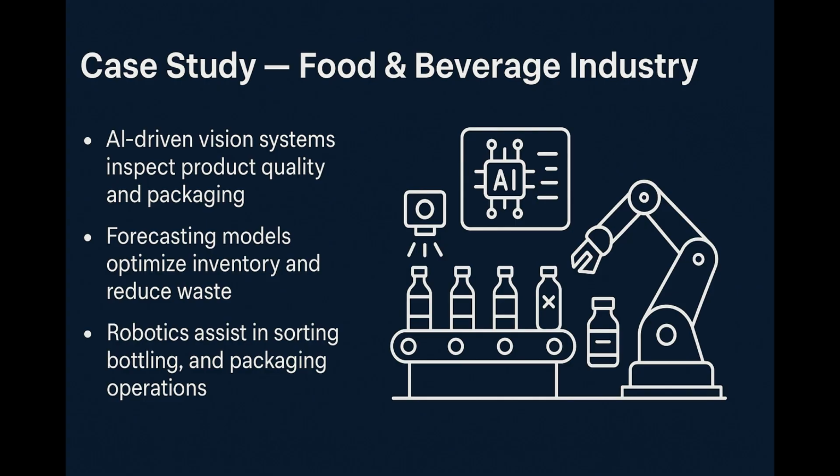Computer vision systems inspect products like baked goods, bottled drinks, and packaged meals for size, color, shape, and labeling accuracy in real time. AI-powered defect detection ensures that only products meeting exact standards make it to the shelf, reducing waste and customer complaints. Machine learning models are also being used to optimize filling operations, reducing spillage and overfill, while improving